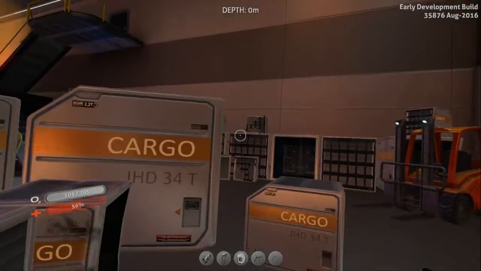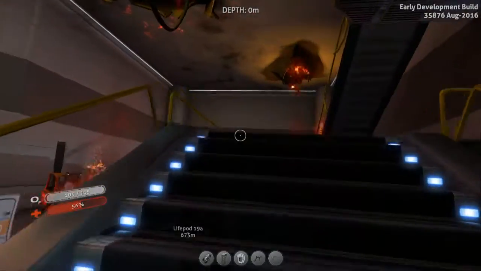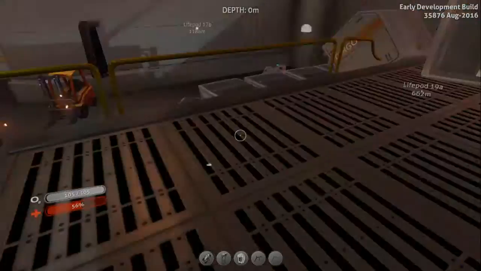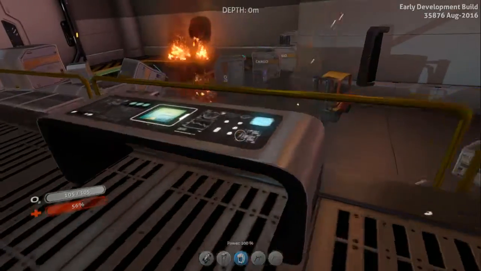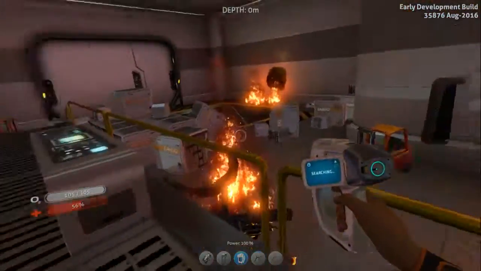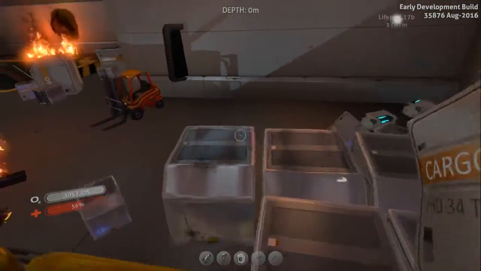So... I'm not entirely understanding the design of the ship. The ambient noise shut down again. That's another thing that happened off camera. Right, you can get a blueprint for this desk, but evidently not for me, so...